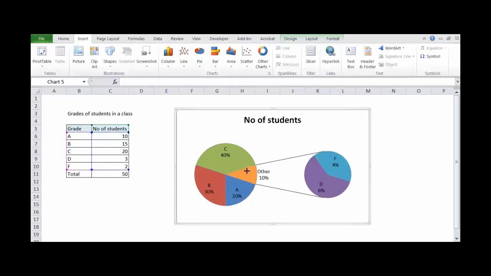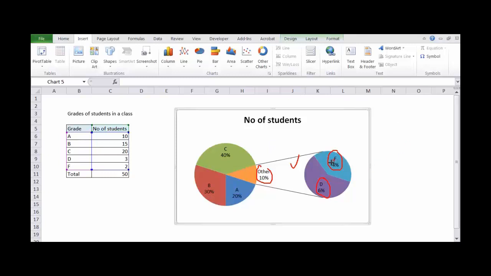So whichever values are very less, they are grouped in the main chart as others. So here you find that they are grouped as others, and that 10% we divide into D and F, 6 and 4%. So this may be a good representation if you have more data, more groups, so you can break it down and show another graph, right?